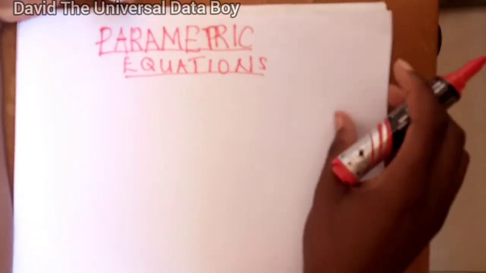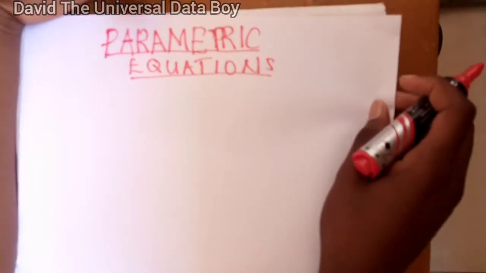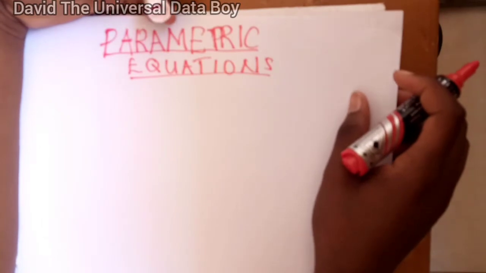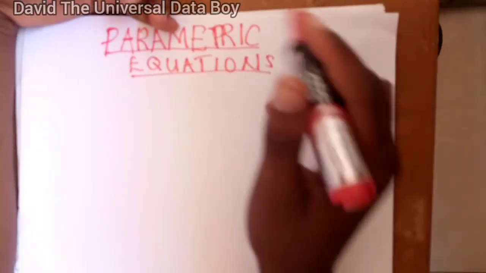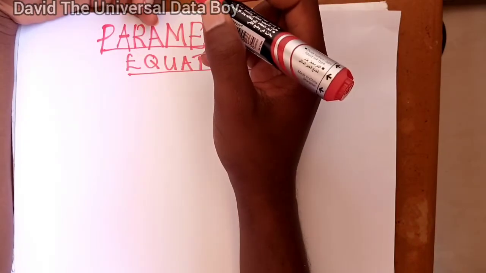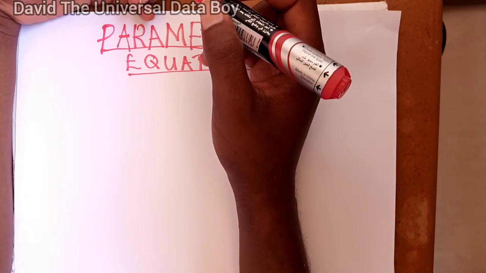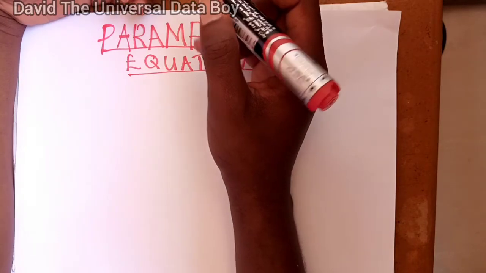So in this video we are going to be going over parametric equations, and to be specific, the question that appeared in quiz 1, question 4, where it said: determine the x and y coordinates of the points where the following parametric equations will have horizontal and vertical tangents, and sketch them. So now we're going to have